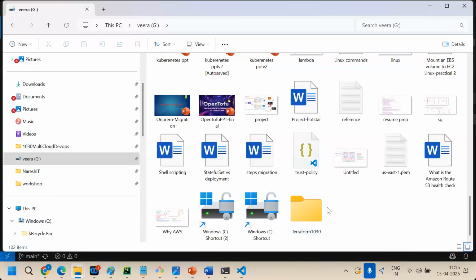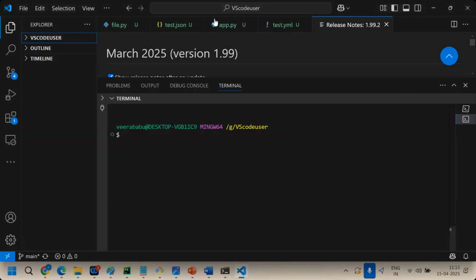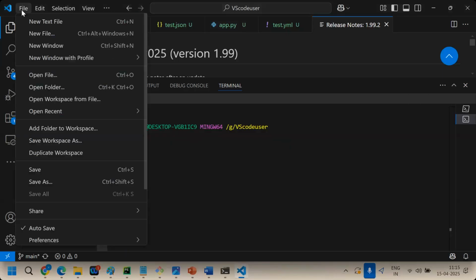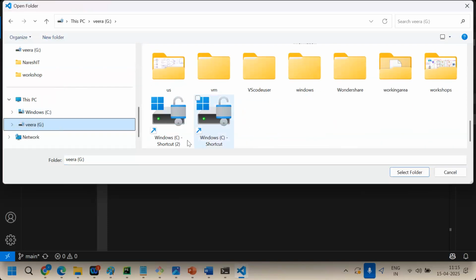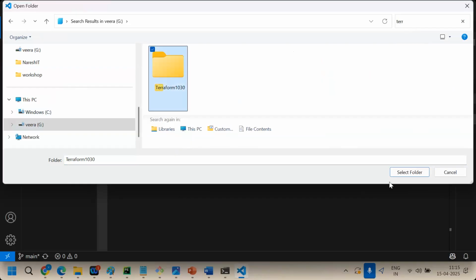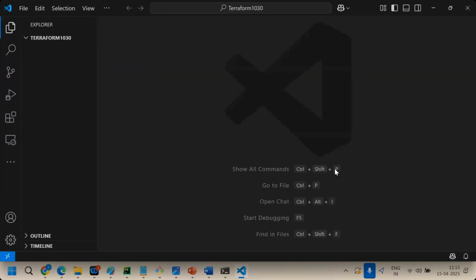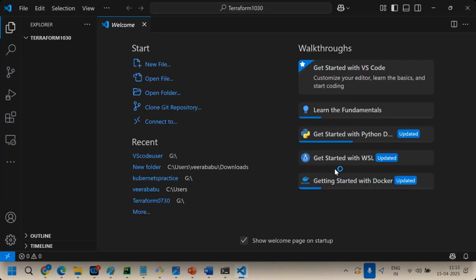After that, I will push into the remote repository. Now let's open the Terraform repository, open folder. Here you can type Terraform 1030, select folder, and now I'm inside the Terraform 1030 folder. Clear?